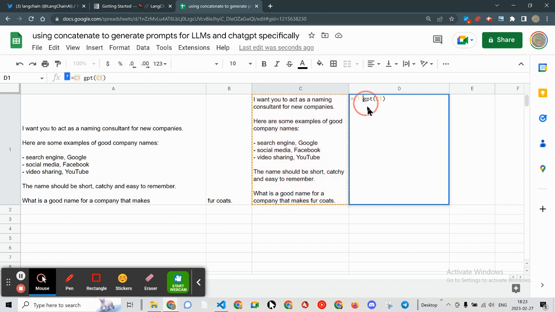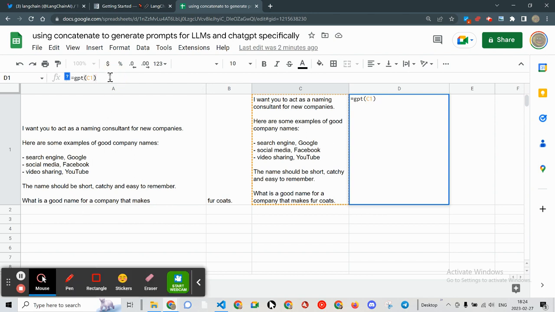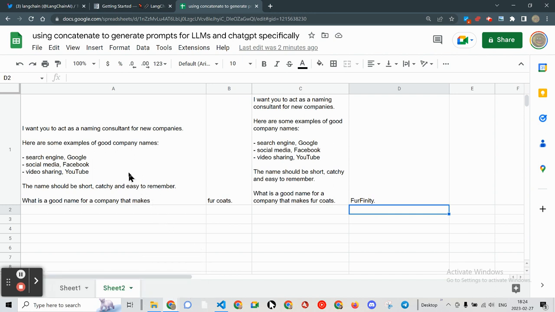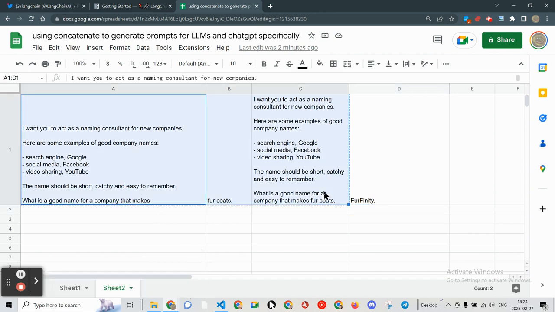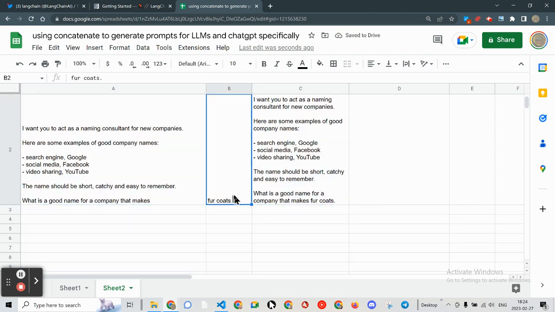And I don't want it to do that. So now let's go ahead and do the same thing. And let me see if I can get it to stop. Okay. So now let's do the same thing. And I'm going to copy this, just copy it straight down. And now I'm going to change this from fur coat, which of course got some people's attention. And now I'm going to ask, what is a good name for a company that makes,